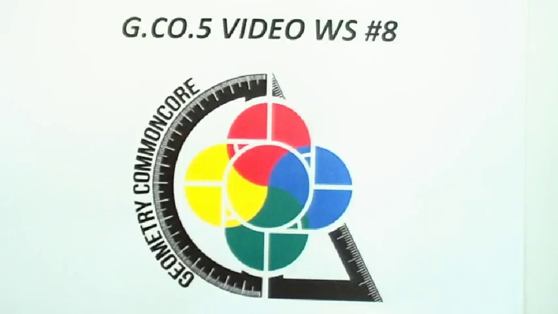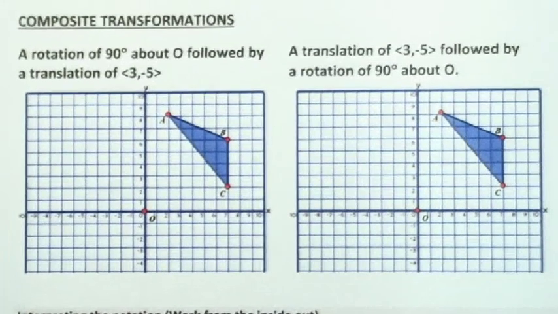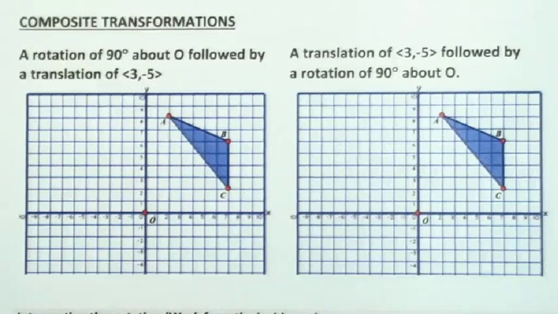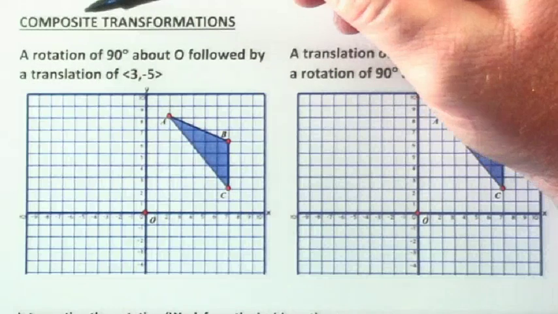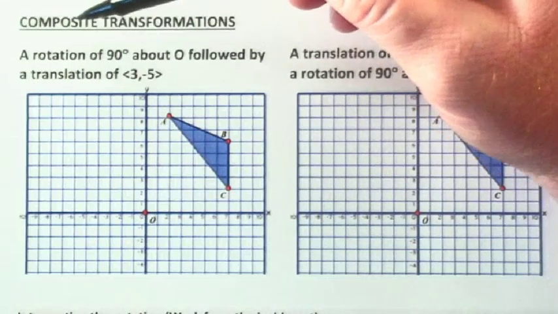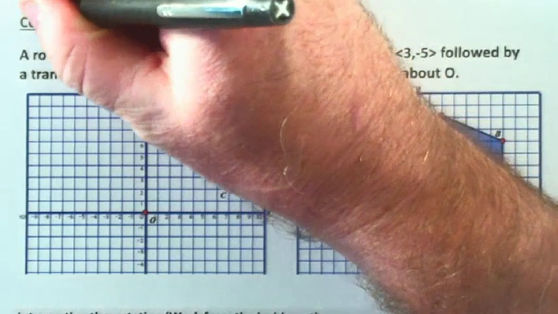Alright you guys, this is GCO5 and this video deals with worksheet number 8. This particular area deals with a continuation, of course, of the last few. But in particular here we're looking at composite or composite transformations, depending on how you want to say that. But basically this just means more